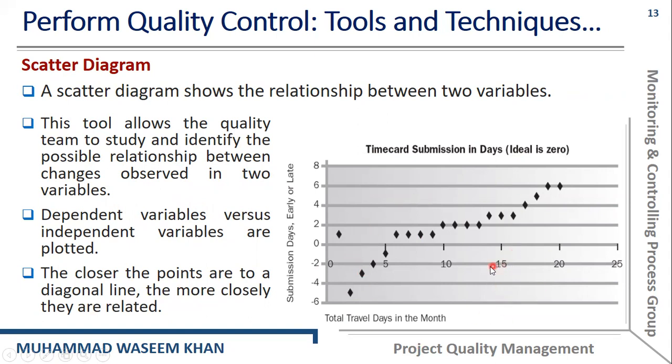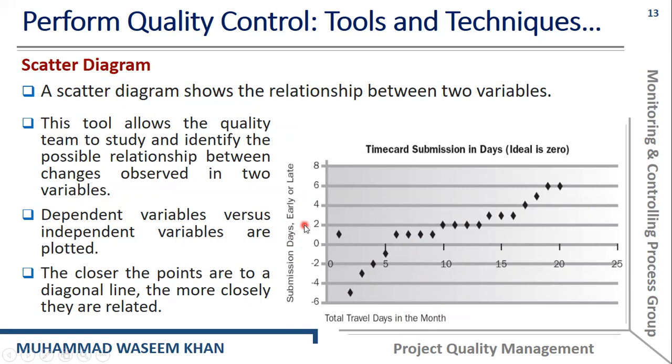For example, the x-axis represents the time of an activity, and the y-axis represents the cost of an activity. If we want to reduce the time of an activity, then obviously it will affect the cost of the activity. Reducing the time of an activity will lead to increasing the cost of the activity. So with the change in one variable, that is time, the other variable, that is cost,